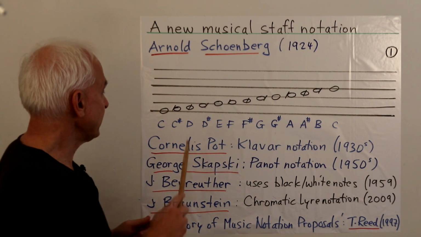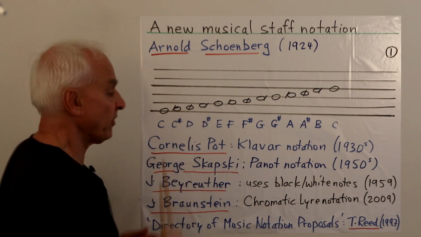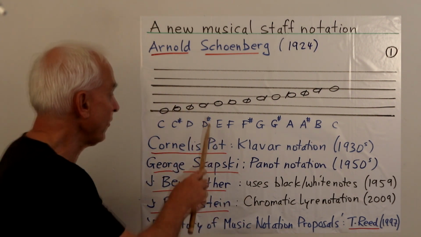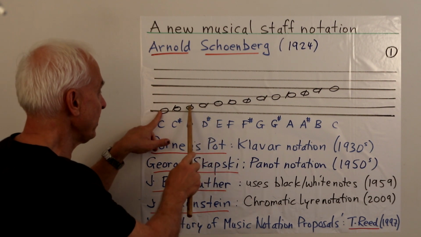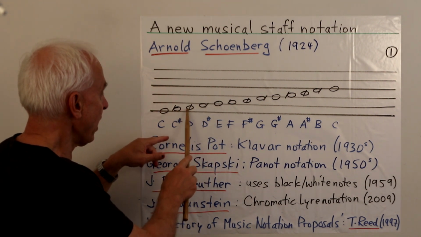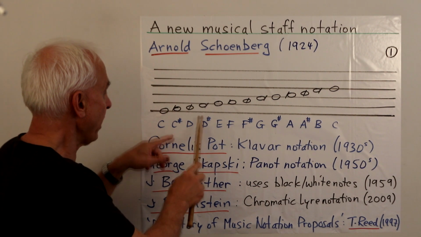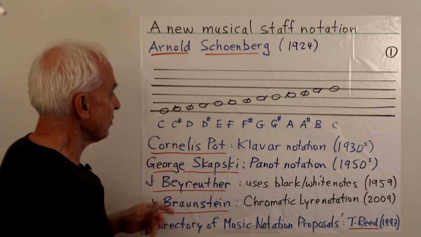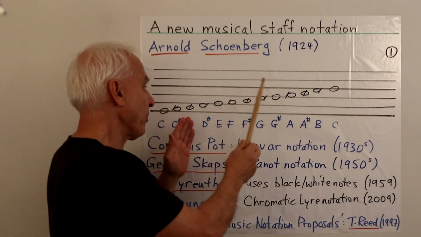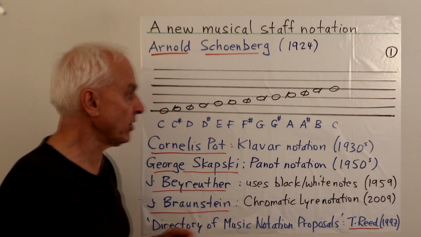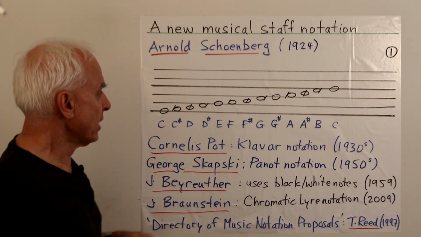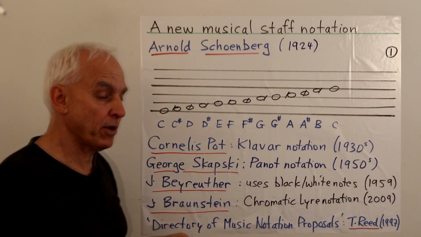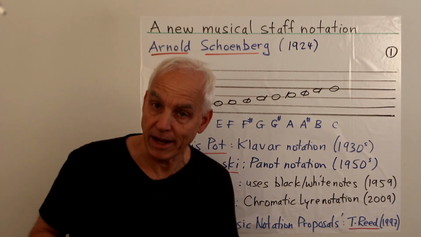And the way he does that is he creates 3 note positions between any 2 lines. So not actually on the lines, but between the lines: sort of on the bottom line, in the middle, and below the top line, and further little diagonal strokes help orient you as to which one of these you're looking at. So this actually has some similarities with the proposal that I'm going to make, okay?